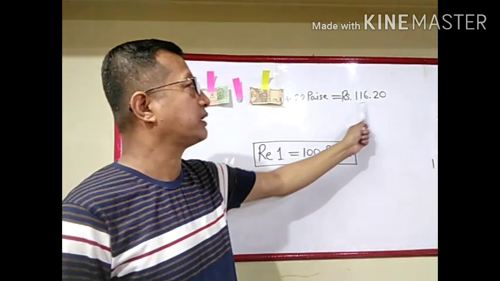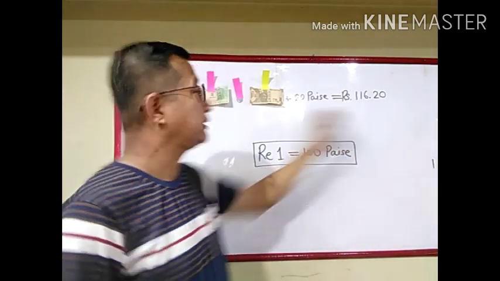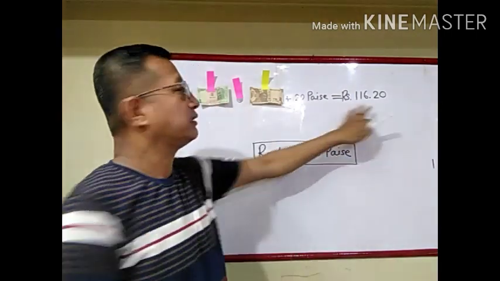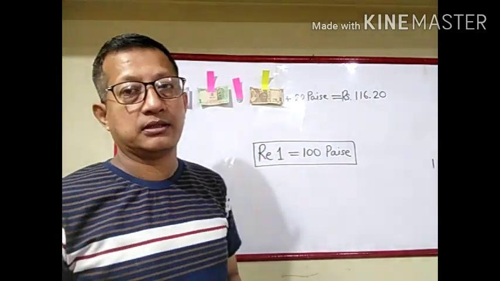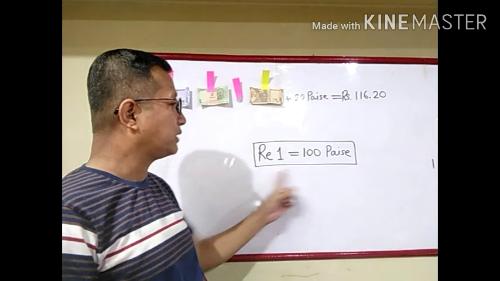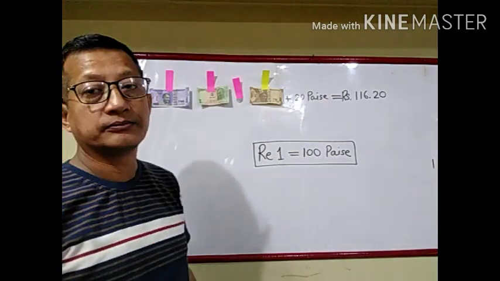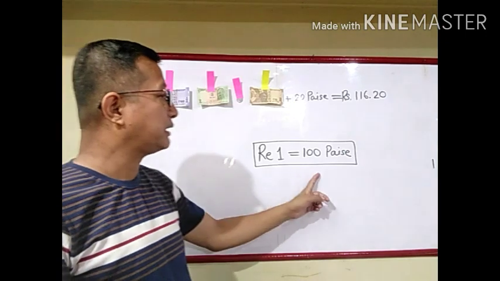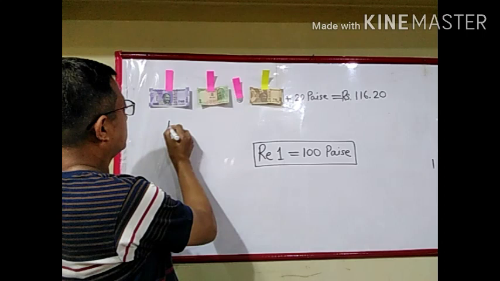116.20 rupees. If you convert this whole amount in rupees, then it is this much. Now, how many pies are there in total? You know 1 rupee equals 100 pies. So in 100 rupees, how many pies? 1 rupee is 100 pies, so you can convert 100 rupees by multiplying 100